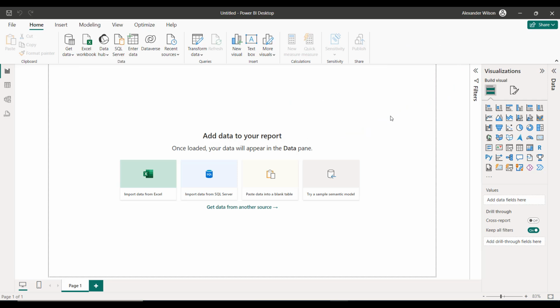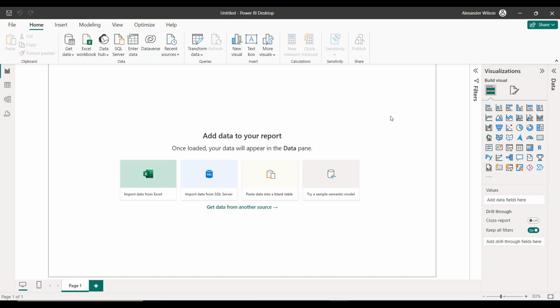Okay, so hopefully we're now at a screen that you recognize. What's this screen called? Okay, just in case you weren't sure, this screen is called the report view. Do you remember what we can do on this screen? Okay, on this screen, we can create our visualization. But the first thing we need to do, cast your minds back to the pre-learning or consult your report flow chart from earlier. What's the first thing that we need to do?